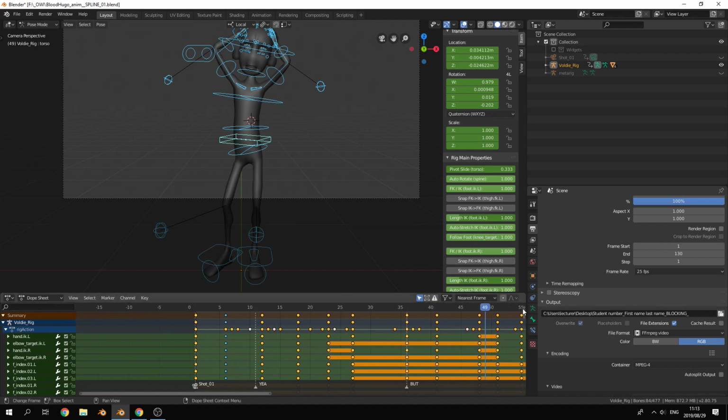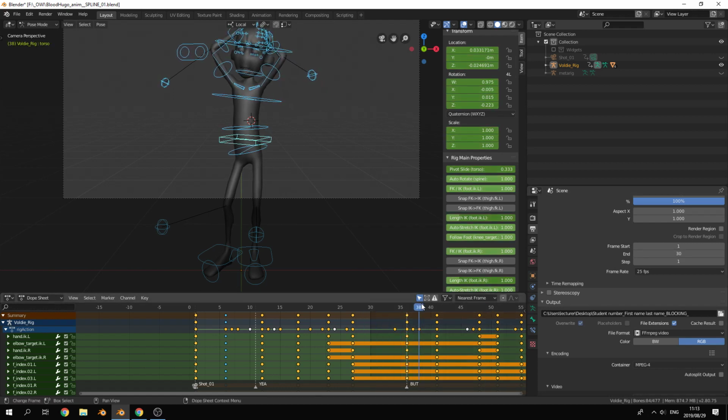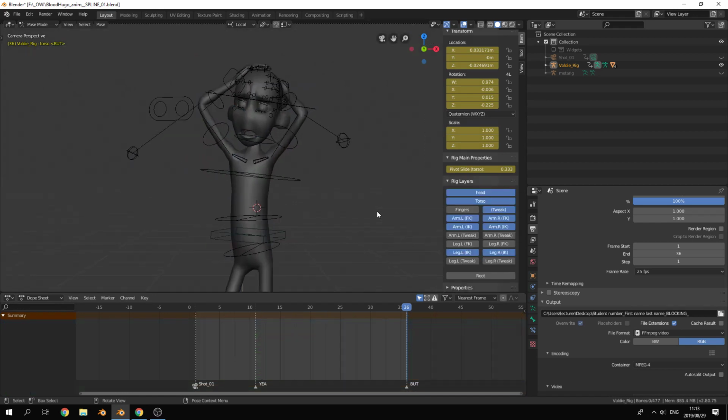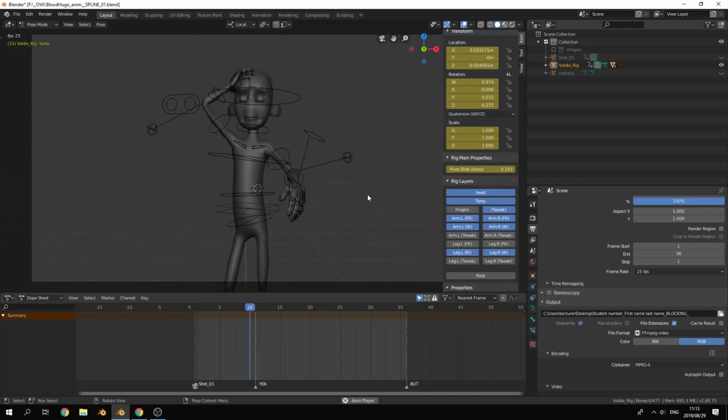Anyway, I'm going to set this to the first 30 frames, and let's just see what that is. Okay, in fact, let's make it 36, so up until that cube there, where his hand is settled on his head. So first of all, if we now play through this,